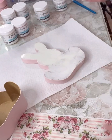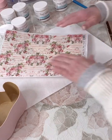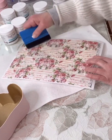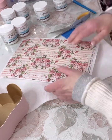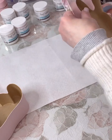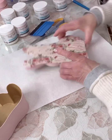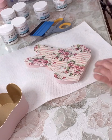Now I do not put a lot of decoupage medium, just one thin coat is all you need. You'll find that it'll lie a lot easier for you when it's a thin coat than a thick coat. You don't want it oozing out the sides and dripping down and all that. You only need a thin coat. All right, so once I got that on there, I'm just going to cut around it so when I do sand it off, it's easier for me to sand, and then all the rest of that paper I get to keep for another project. All right, so now you just put another top coat of your decoupage medium on there,